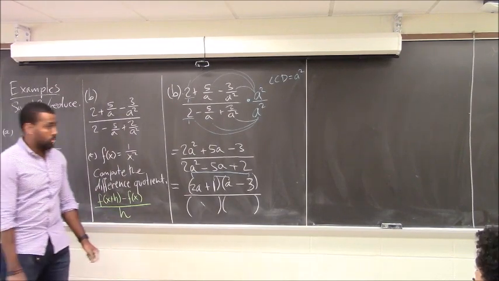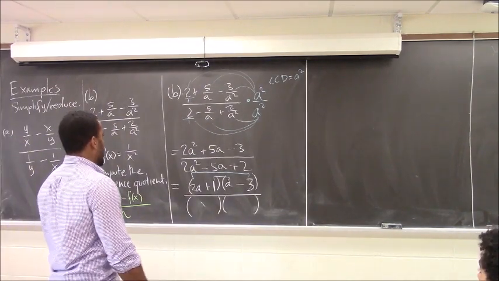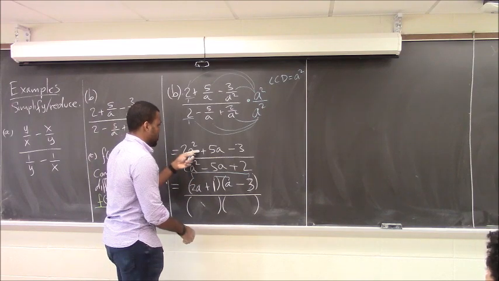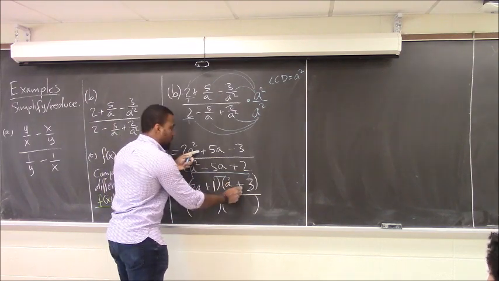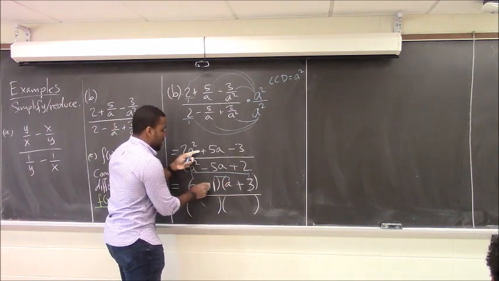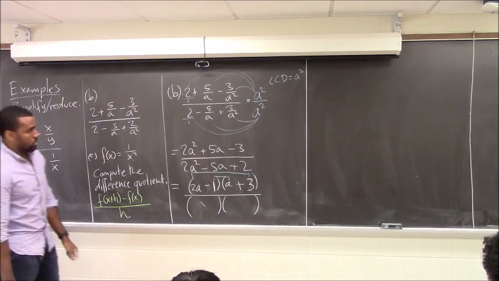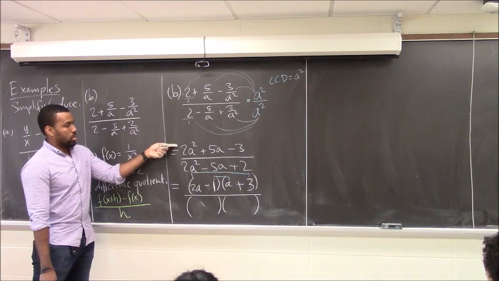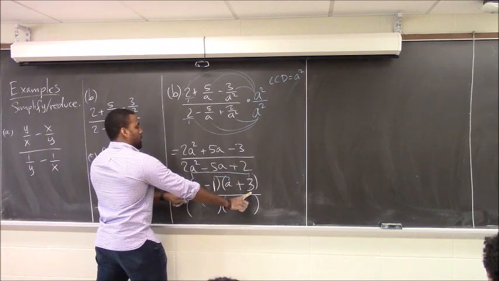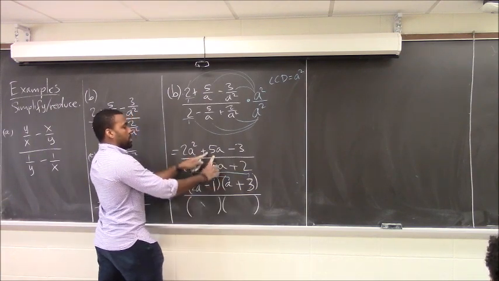Wouldn't it be a positive 1? You're doing the top first. Oh, I was looking at this. Yeah. It's a plus 5, so I want a positive 6 and a negative 1. We're doing the top one. Yeah. So this would give us 6a, this would give us minus 1a, that gives us the 5a. And